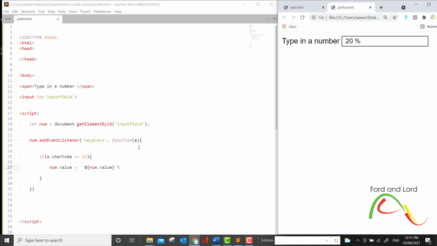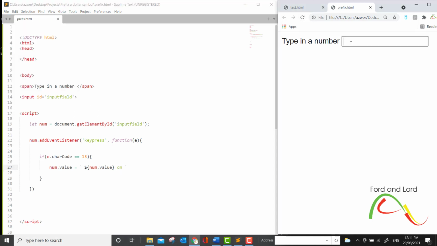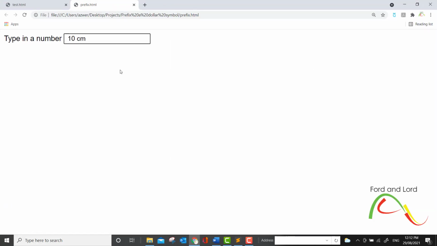I can also say, for example, centimeters. If I save it and refresh it and type in a number, I have this centimeter text as the suffix.